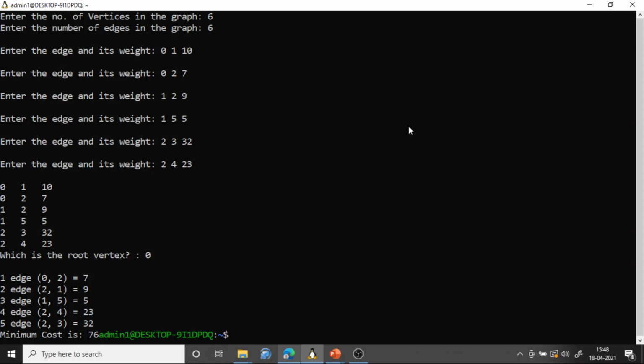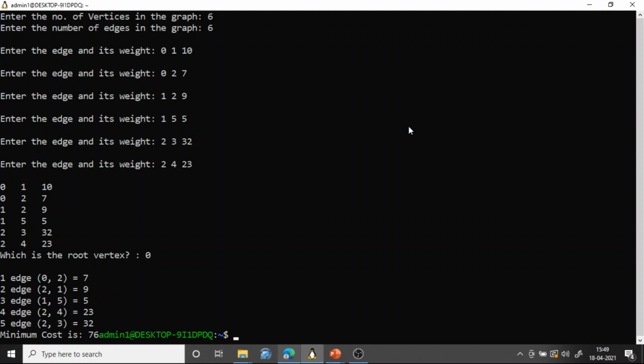So the principle behind this is: initially the set of edges which were added will be empty, a null set. The set of vertices will be the root vertex alone. Then in every iteration we identify an edge u comma v such that u is already added to the vertex list and v is not added, and we identify the minimum cost edge out of those, and if it won't create a cycle we add that edge to the edge list.